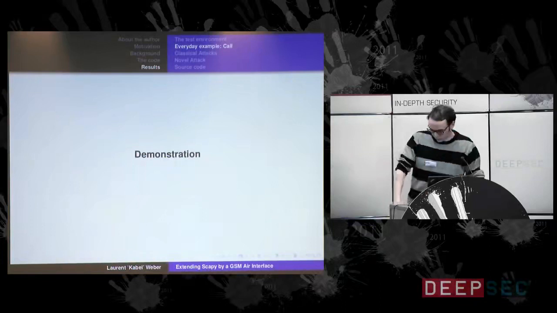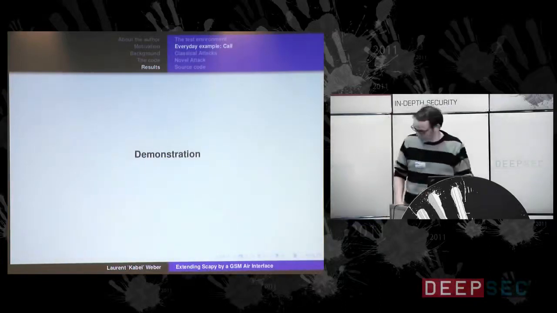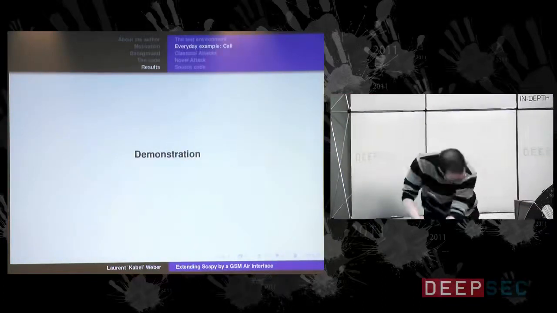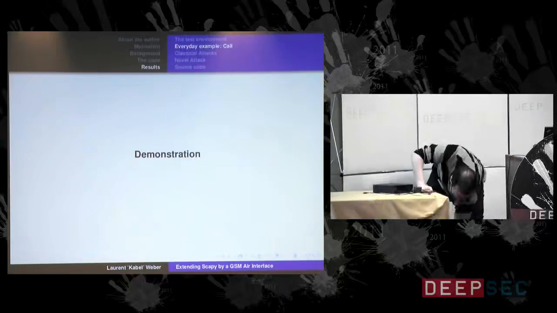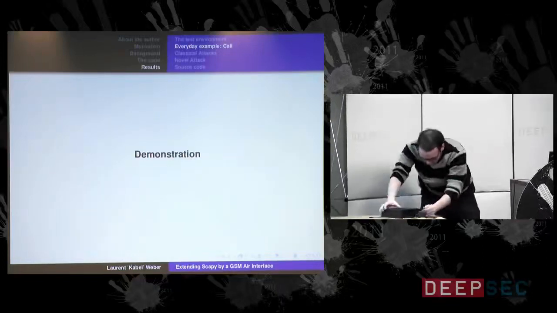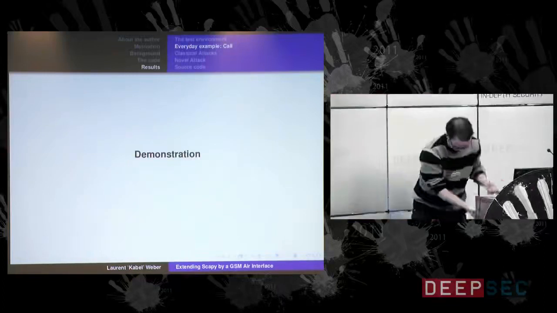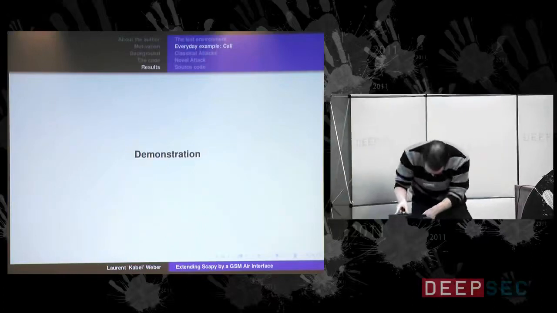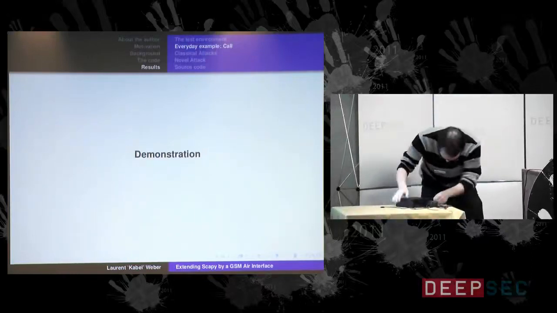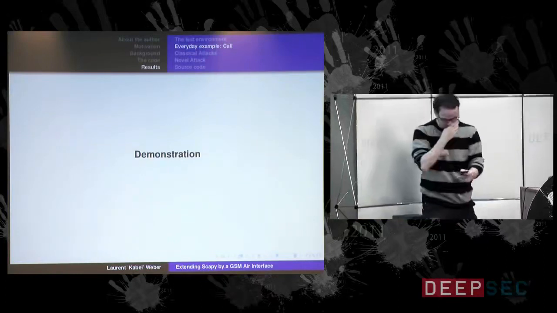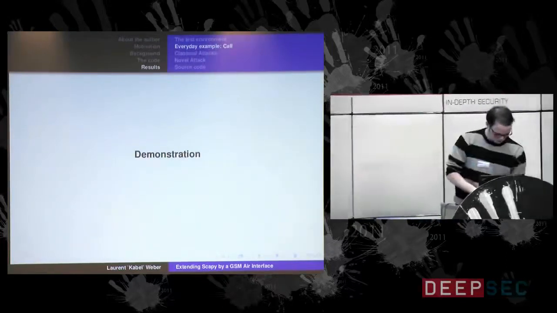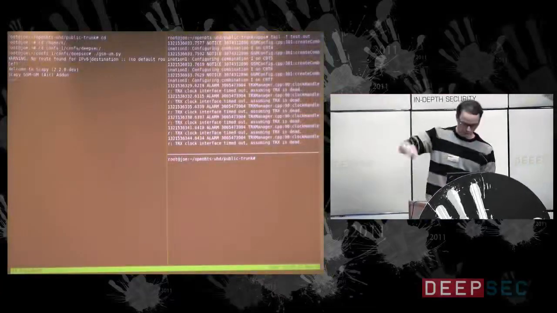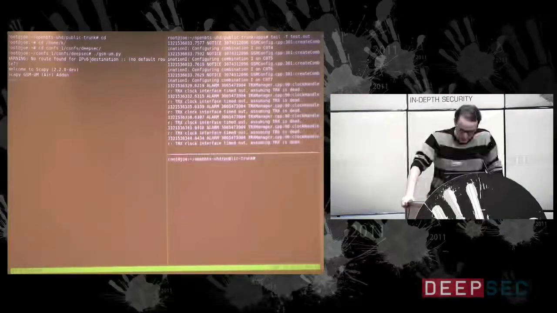Yes, and now I'll try to demonstrate that. As I already said, it's not always easy. Okay, now on the left side you have Scapy GSM.